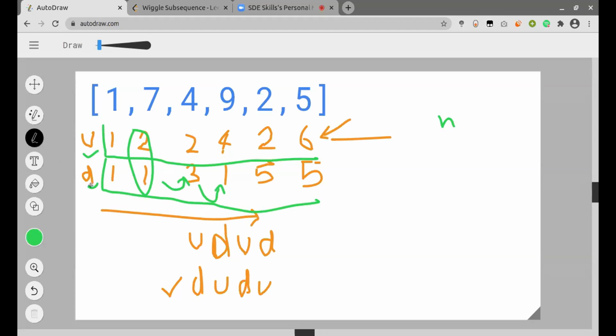Yeah. So if we take it as a variable at each iteration, we can just keep updating however the sequence is. If this is the sequence, we'll update our up to be down plus one, and if this is the sequence, we'll update our down equal to up plus one. Perfect. So you can do this with linear time complexity and constant space.